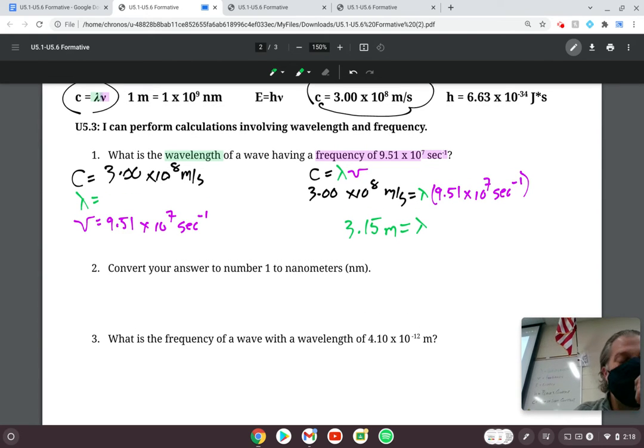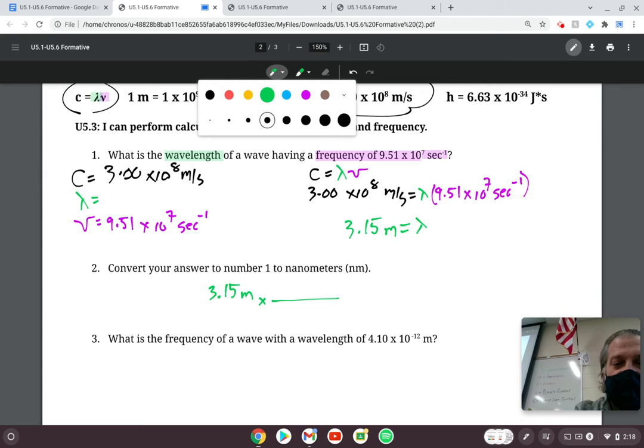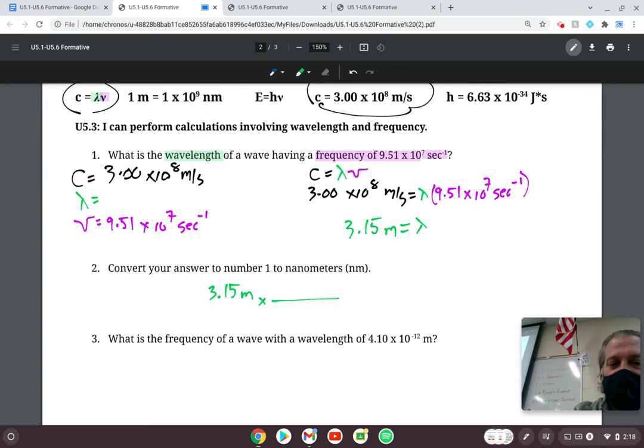The next question asks me to convert meters to nanometers. So 3.15 meters to nanometers. And when I convert, I need to use this relationship here that says 1 meter is equal to 1 times 10 to the 9 nanometers. So I'm going to put my 1 meter on the bottom and my 1.0 times 10 to the 9 nanometers on the top. So I'm going to take 3.15 times 1 times 10 to the 9, and I get something like